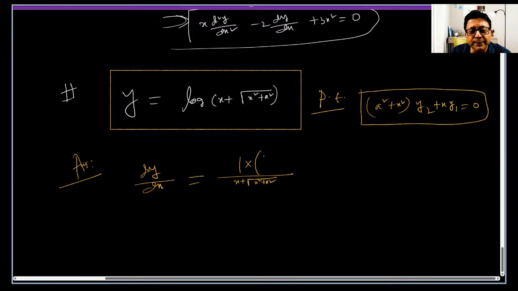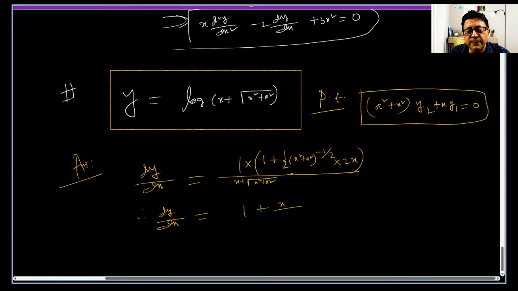What is derivative of x? You know, 1, and this one half to the power minus half into 2x. Clear? You understand? So dy by dx is going to be 1 plus x by,